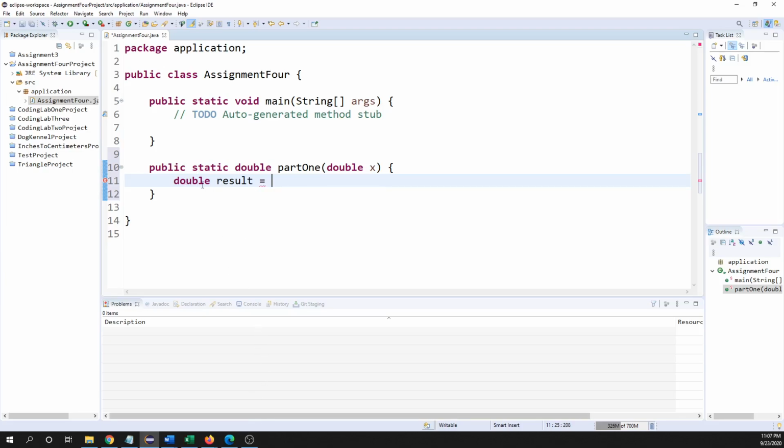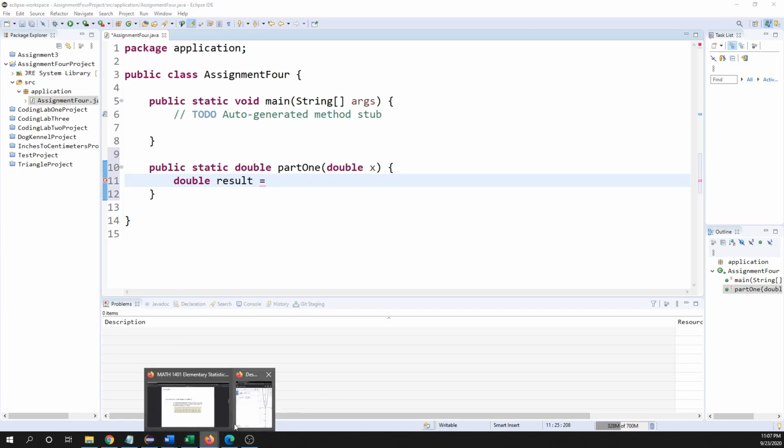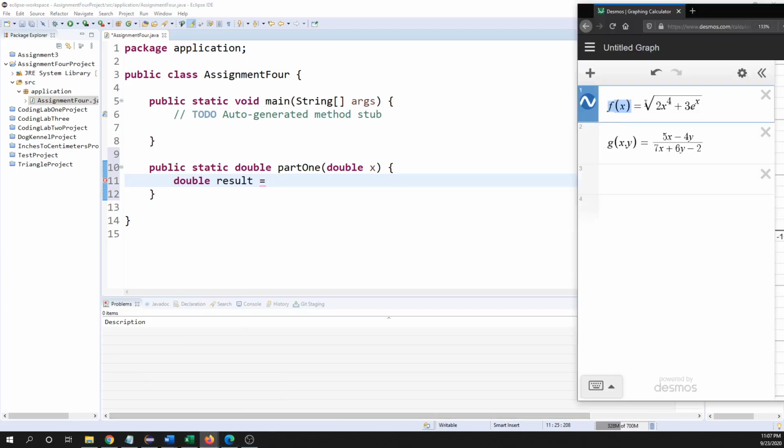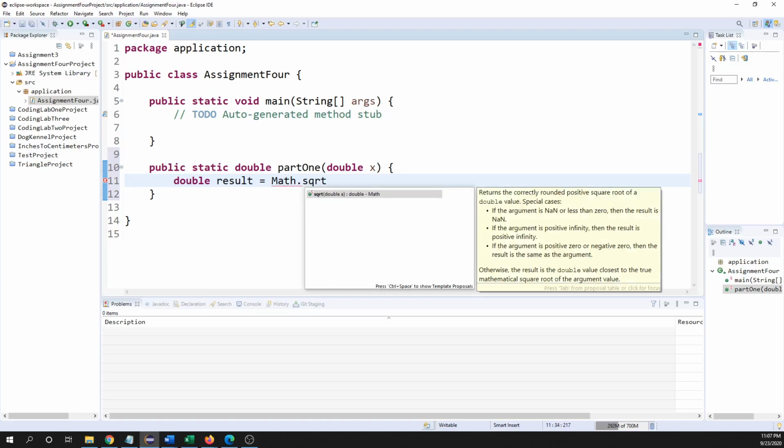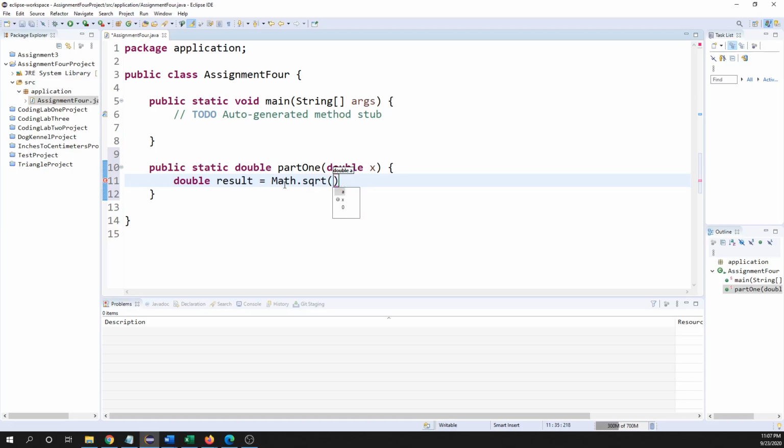All right, so I'm going to declare a variable called result of type double, and over here on the right hand side I am going to put this calculation of this formula right here. So it is square root, right? So in Java that would be math.sqrt. And then inside these parentheses I need to put what I am going to be taking the square root of, okay? And so again, looking back at the formula